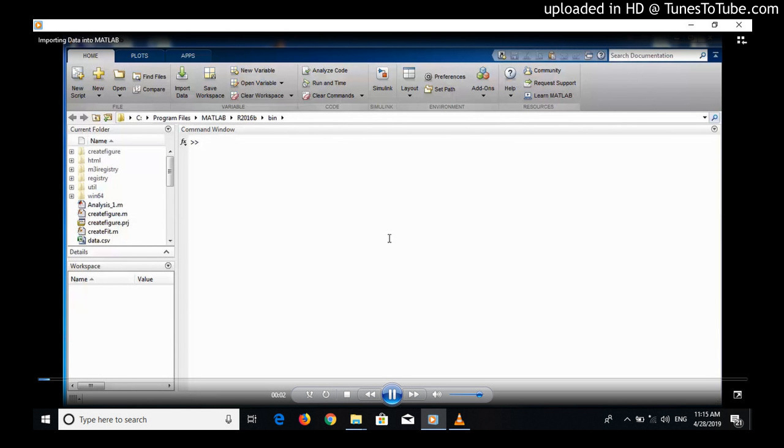So you can use either of the methods, either use a read table function or use the import tool in order to import the data into the MATLAB environment. And once the data has been imported, then we are ready to apply some machine learning algorithms on top of that. So in the next few lectures, we are going to cover more